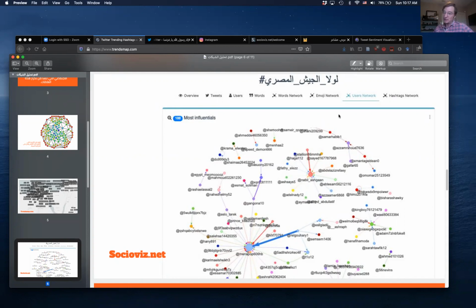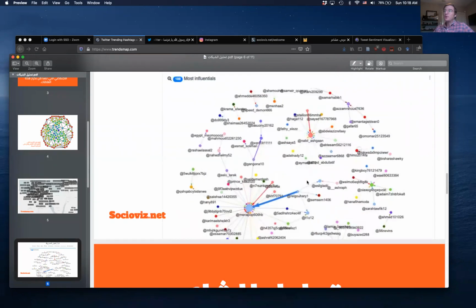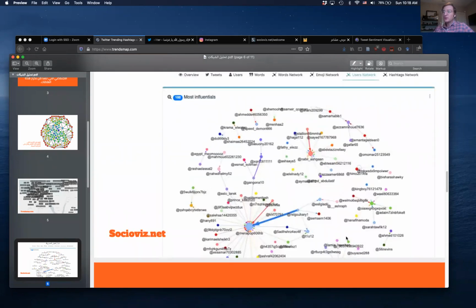You get one shot at this, unless you want to pay for an account, or if somehow we get some other way to get access to accounts. So I posted this screenshot here to give you a great example of what it can do with network analysis. This is a conversation that took place around the hashtag Lawla al-Jaysh al-Masri. And we can see here a very, very clear trend, and that is the popularity of this account here, Mina